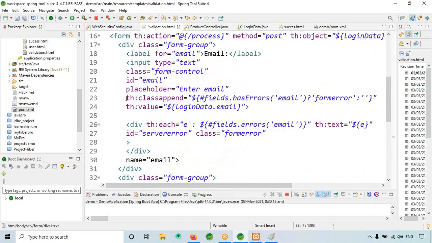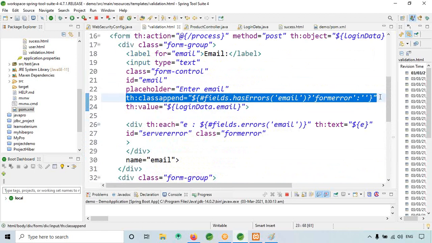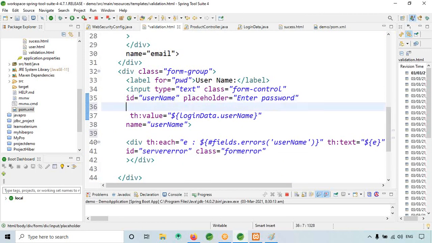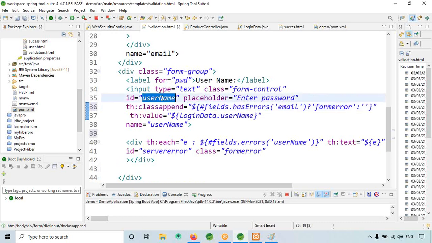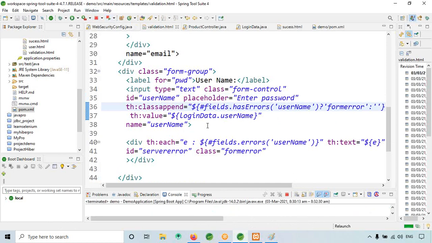Now next I'm just copying the class append this one, and I will paste here. Okay, so here this is username. Like this. Okay, so now restart.